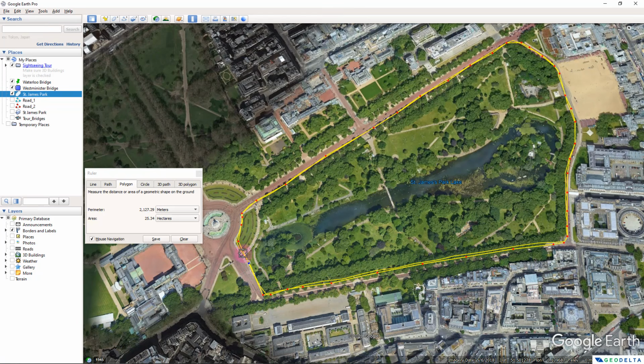And you can see that I more or less covered the entire St. James Park. And once I'm done, you can come over here and you can see that the area is about 25.3 hectares and the total perimeter is about 2,129